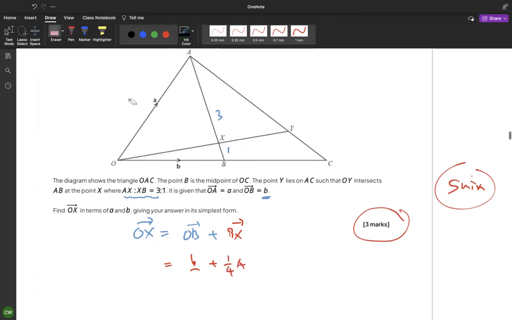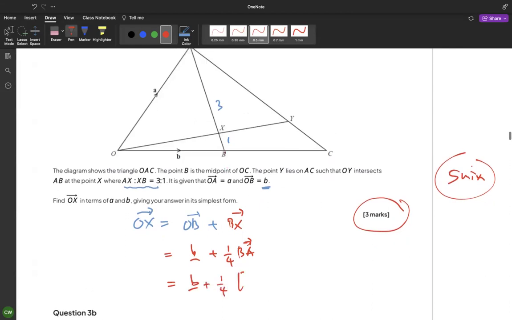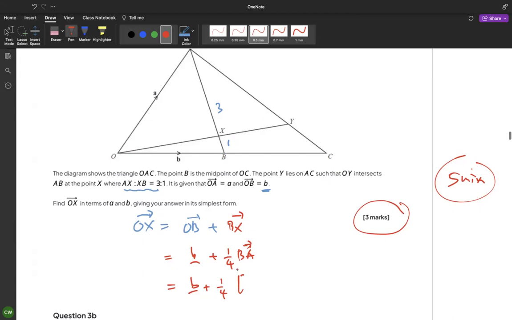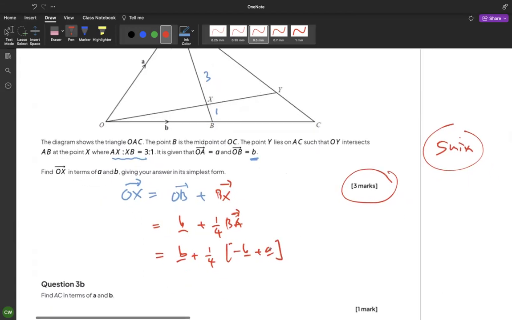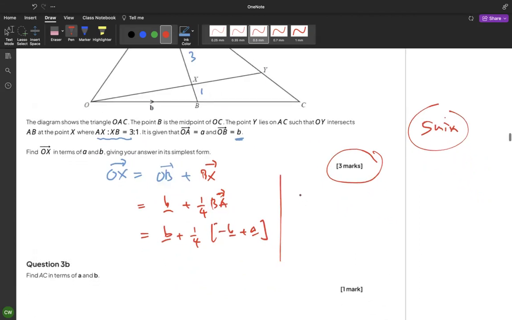Or BA, the direction is BA. You have to follow the same direction. BS and BA in the same direction. So it's BA. So AB, BA, you have to see the vector: negative B plus A. So it's going to be,